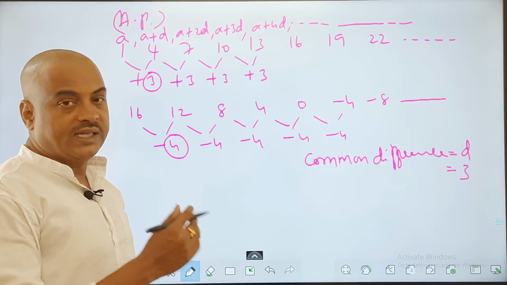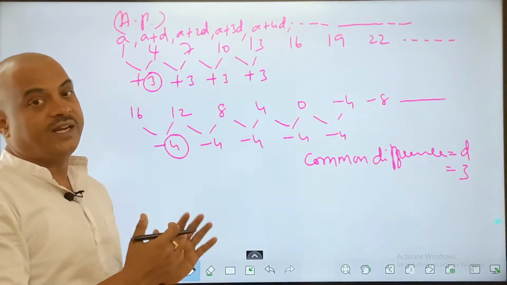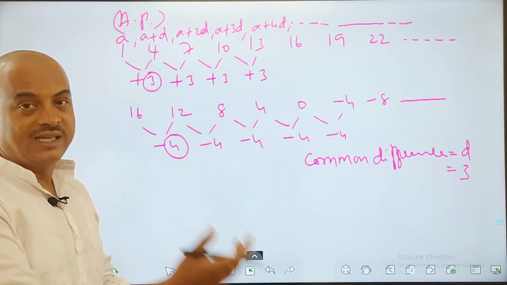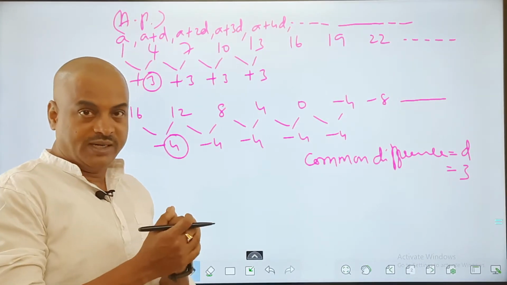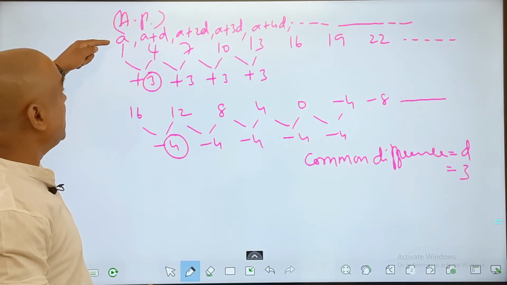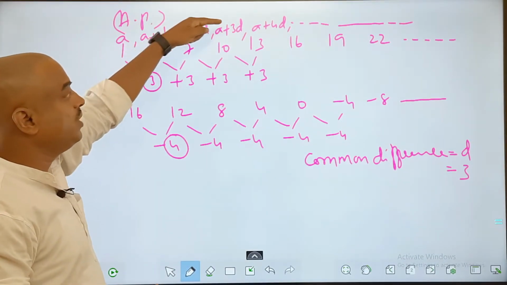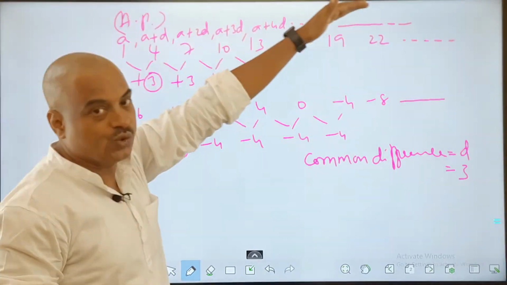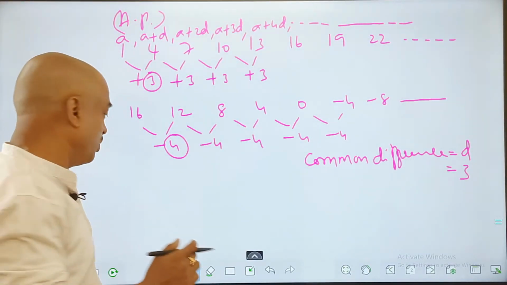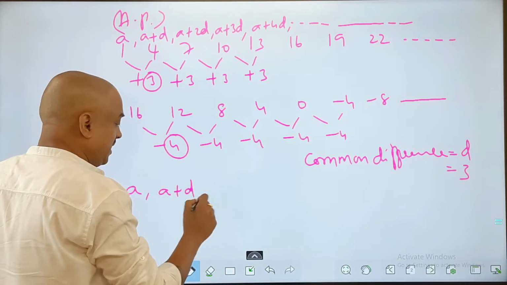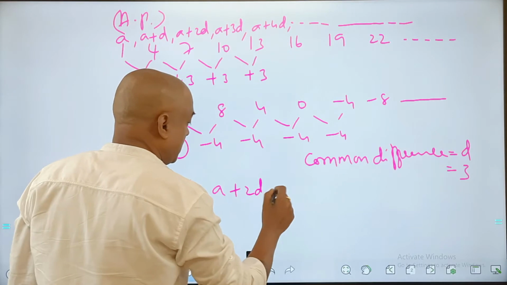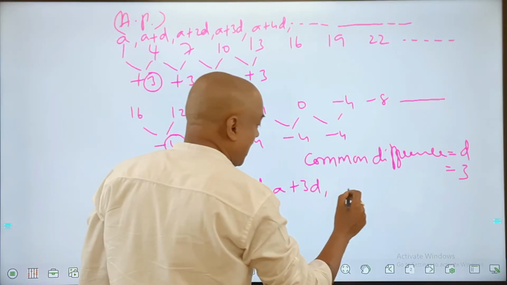So this series we call an arithmetic progression. There is always a common difference. So you can see to get the next term, every time the value of D, either it is increasing or decreasing by a constant value. So such a series we call an arithmetic progression. And if it is like A plus D, A plus 2D, A plus 3D, A plus 4D, and so on, then it is said to be an arithmetic progression. So the general series here is A, A plus D, A plus 2D, A plus 3D, and so on.